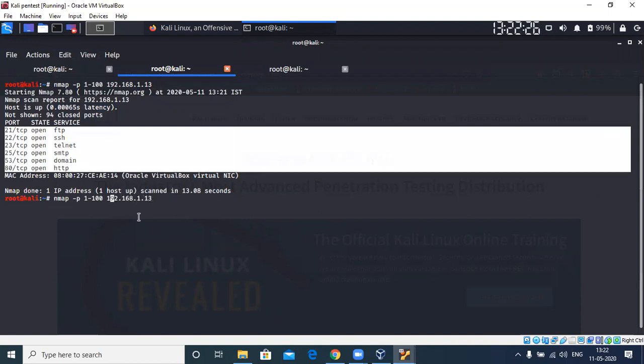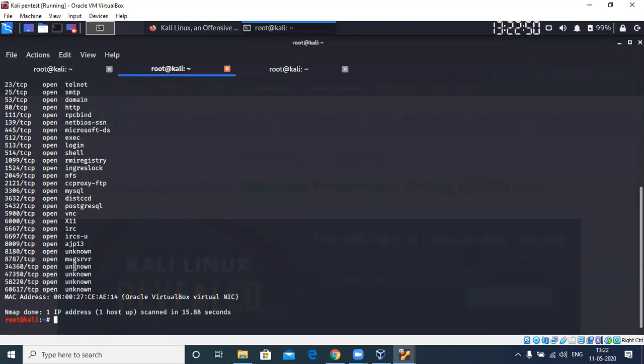In the same way, if I just put a dash, what does it mean? It goes on for all the ports. Exactly.